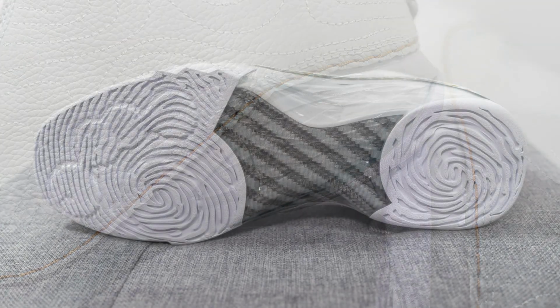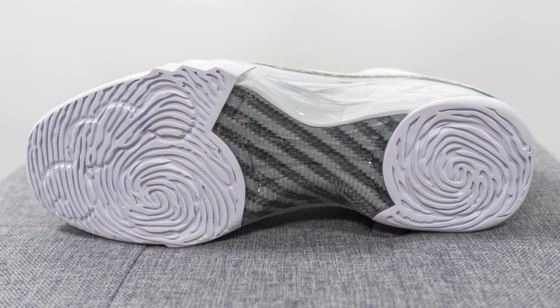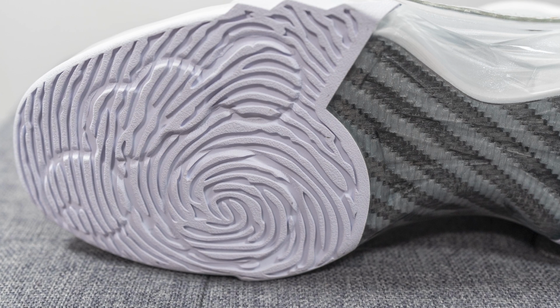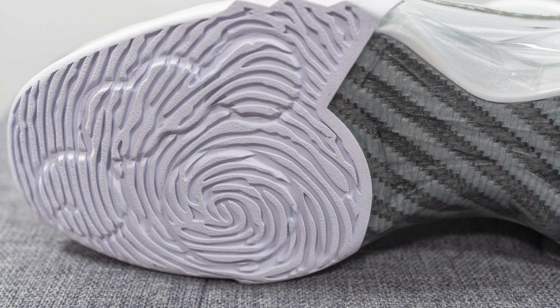Turning the shoe over to the bottom, you can see the outsole here is constructed out of a white colored rubber. The traction pattern is inspired by Michael Jordan's fingerprint, and the Air Jordan 23 also incorporates Jordan Brand's IPS technology, which stands for Independent Podular Suspension, which is basically these circular pods which sit right underneath the rubber,